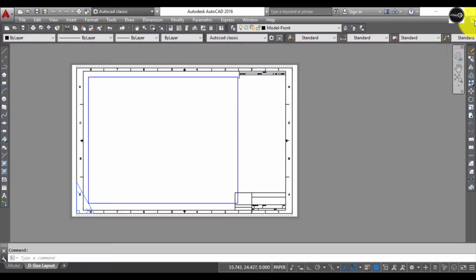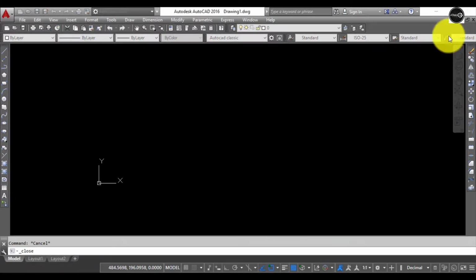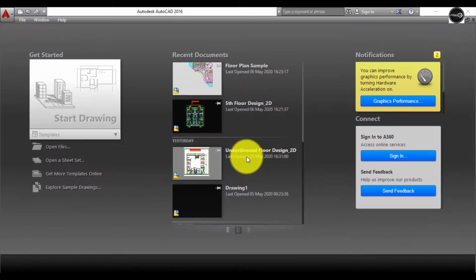Again, if there is no drawing in the drawing area, if I close all the drawings, you can see there is no tab open in AutoCAD, but we can see a Getting Started dialog box. From here also we can open the drawings or preview the drawings. Now here you can see a special notification called the Connect app, that is A360.